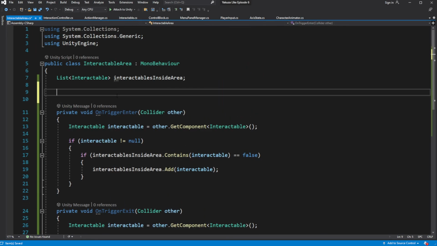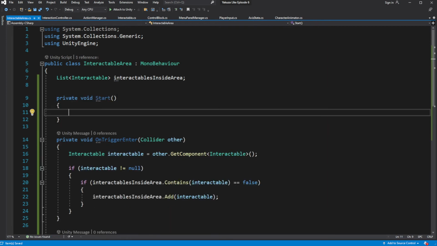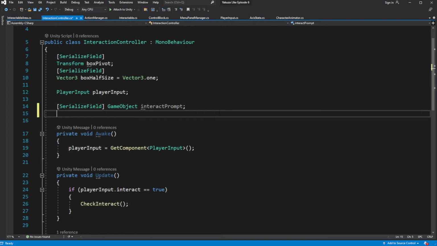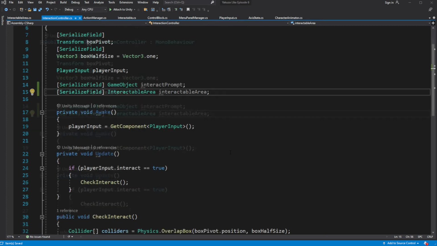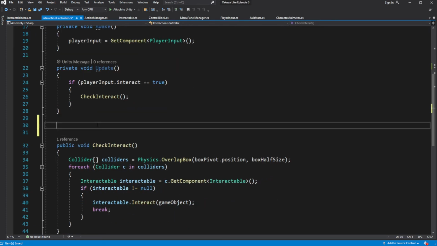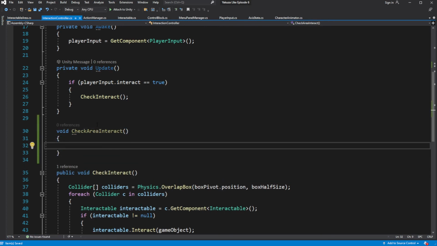Initiate the list on the start. In the interaction controller, create serialized field for interactable area. Create a new method called checkInteractableArea, and inside call interact on the first interactable object inside the list of objects in the interactable area.